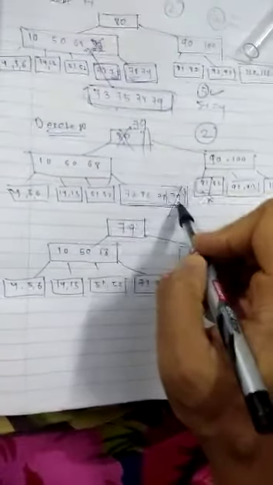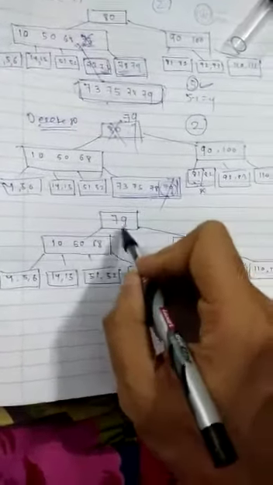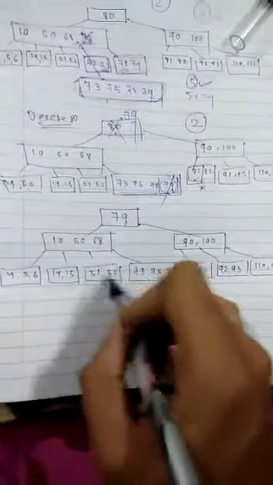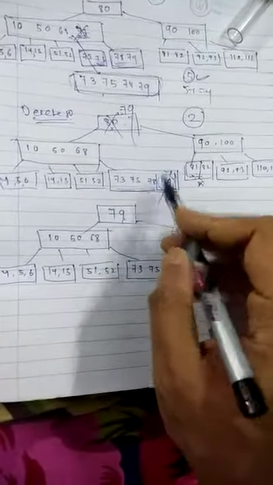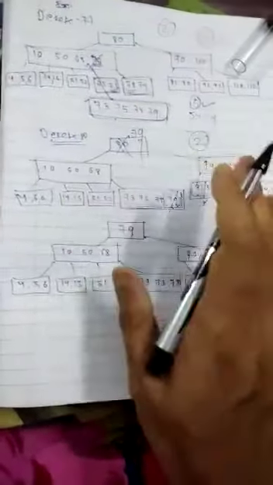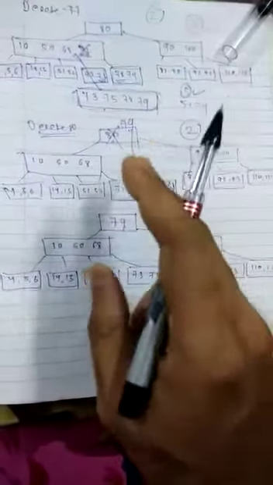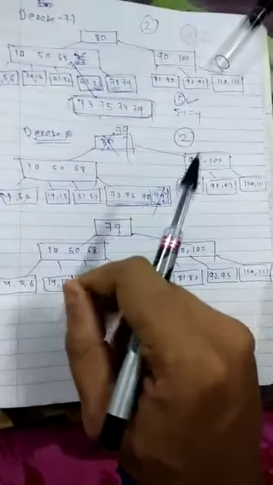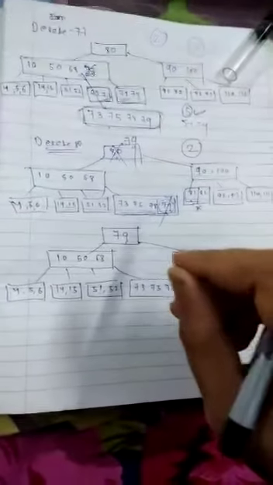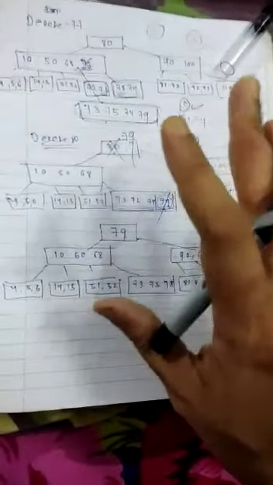Then after that, what is the tree? After deleting 80, the in-order predecessor 79 goes to the root. See, the left subtree is as it is, and 79, which was already moved, is replaced here. The right subtree is as it is. So there are 3 subcases for the internal node. Also for the leaf node, there are 3 subcases. Then there are some other complex cases too, but these are sufficient for you.